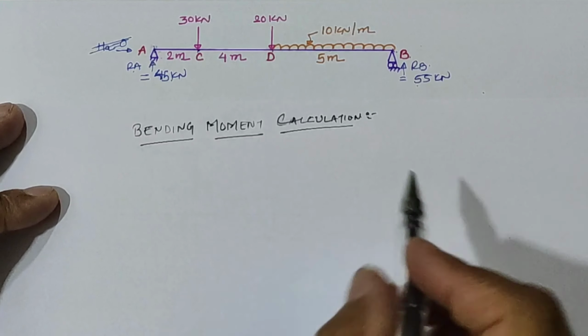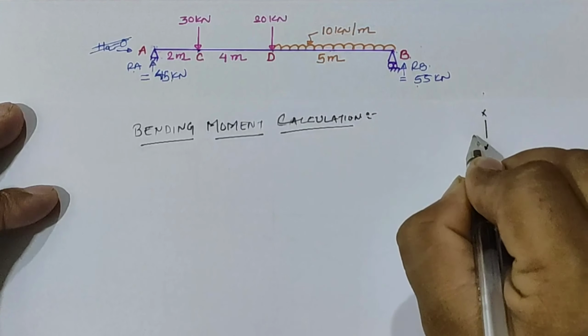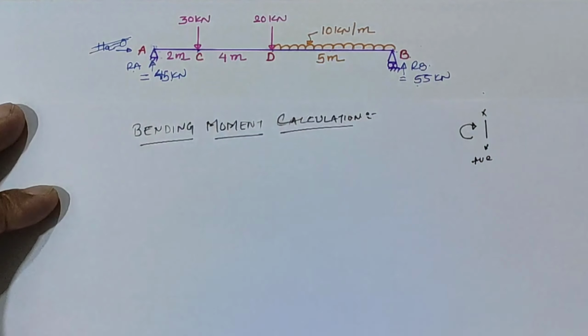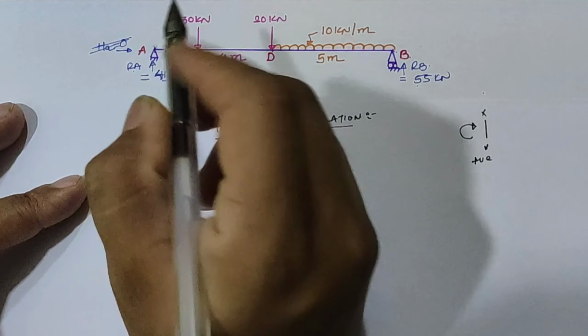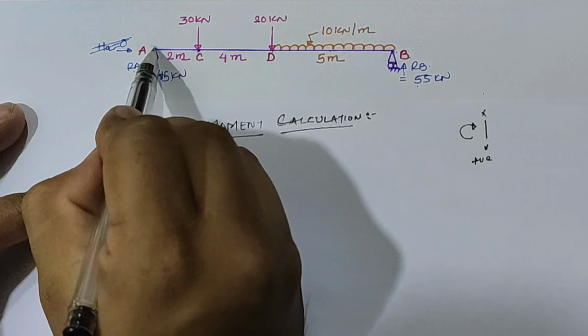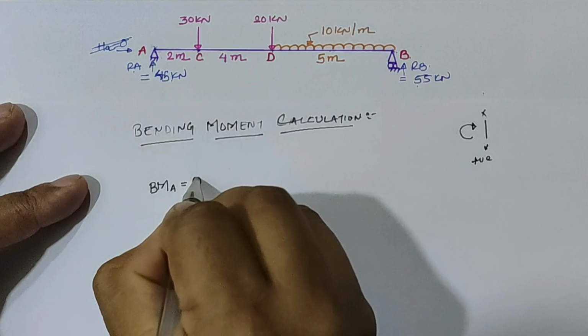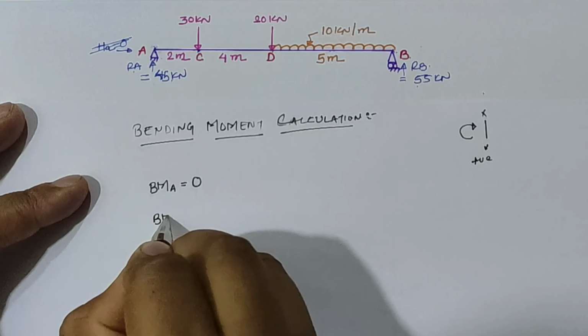Now for the bending moment we have to assume the notation as positive for clockwise moment at the left hand side of the section, and moment is the multiplication of load into perpendicular distance from the CG of the load to the point where we take the moment. Hence for point A, there isn't any left hand side load, so the value is 0. Now exactly on point C,